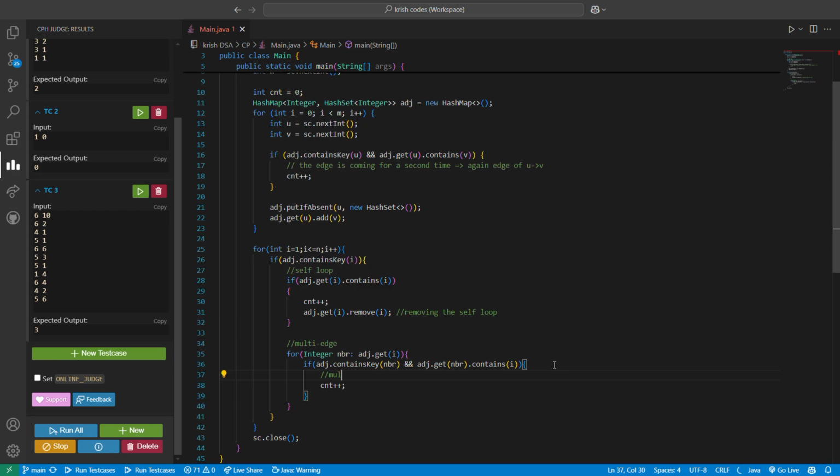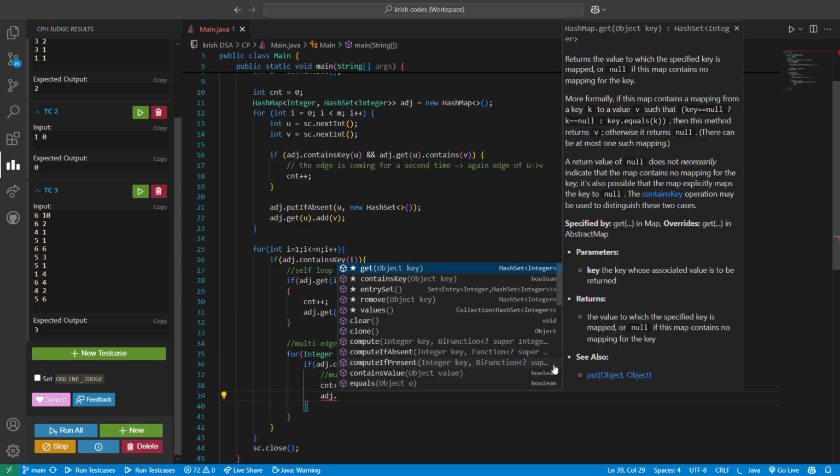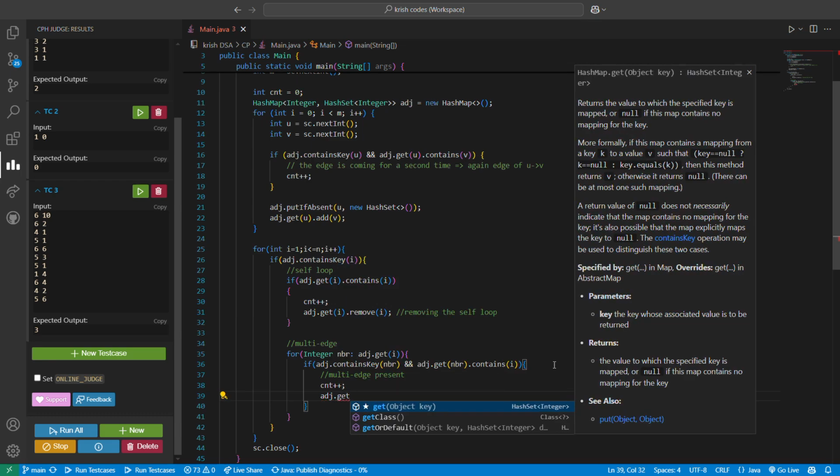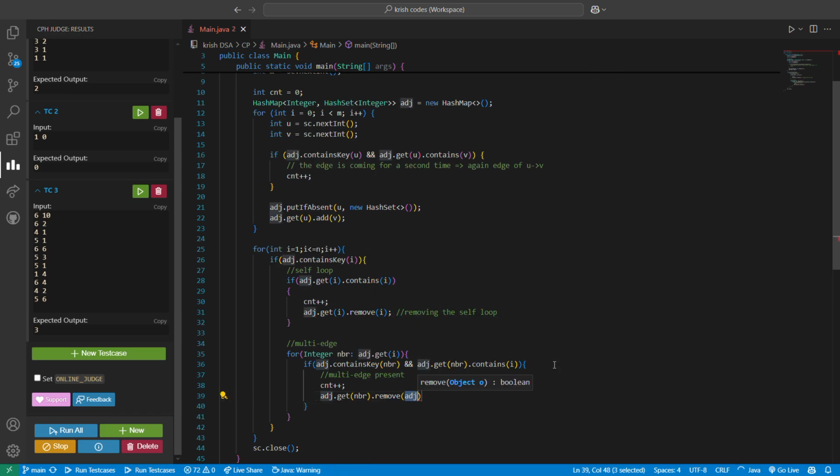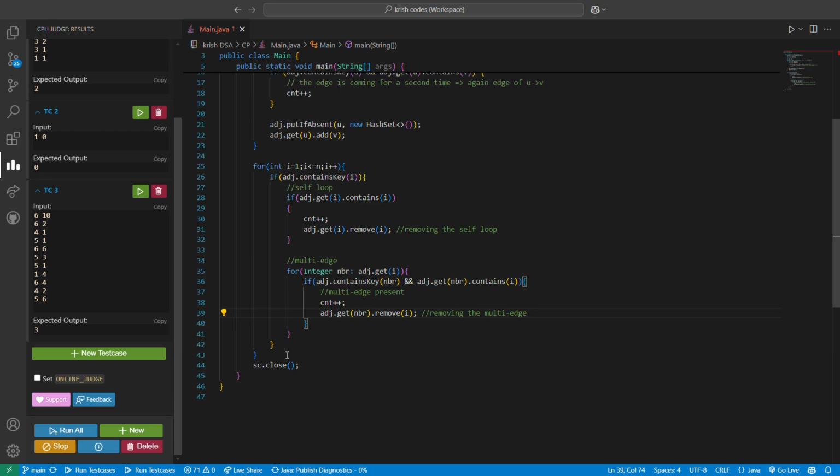So I'll just increase my count variable, and you can also just remove the multi edge. So remove i, that is what you can do. So removing the multi edge,